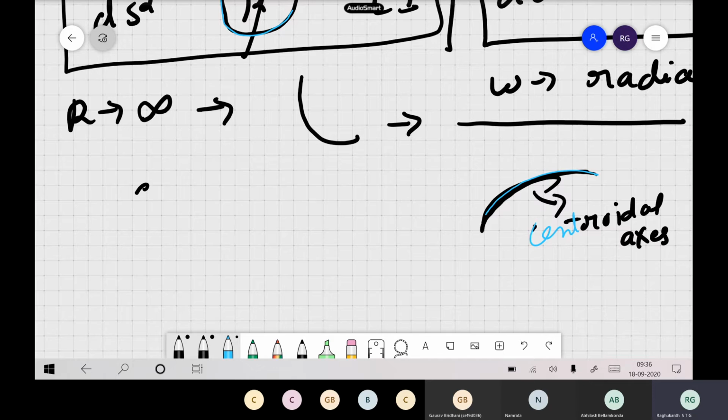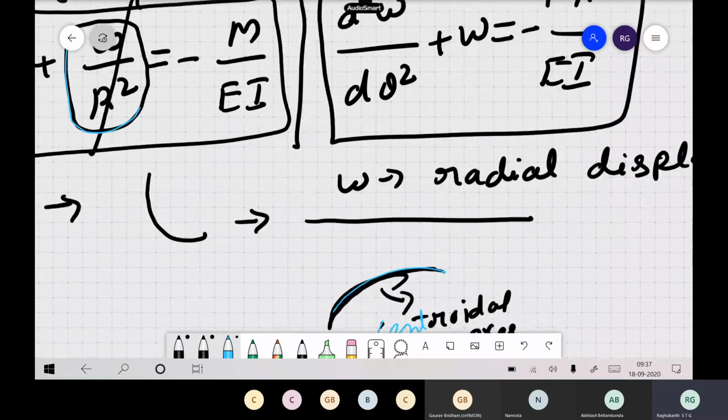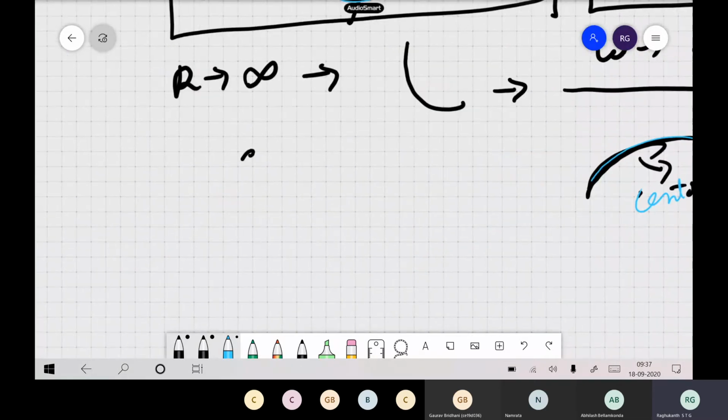Now this is a very interesting thing for arches. To make you familiar, you can solve some classical problems before going into buckling itself. This is our fundamental expression to find deflection in arches. Now let us see some interesting problems. For example, we will see the pure bending case.